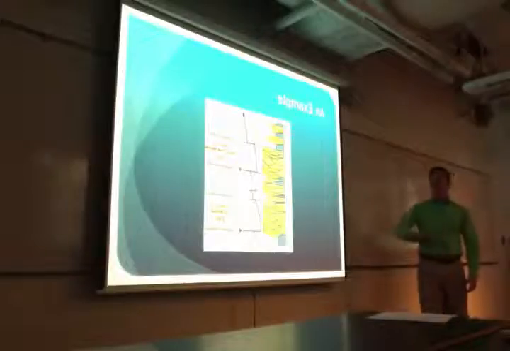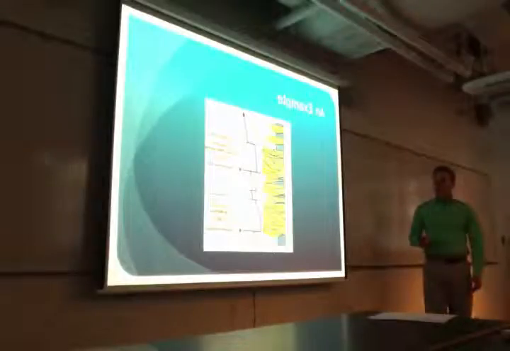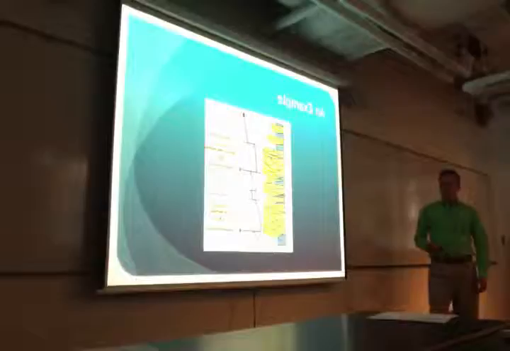So here's an example. We've seen this figure before, but it's a good figure to look at. The red are the low accommodation systems tracts, and the blue are the high accommodation systems tracts. And at the base of each low accommodation, we have a sequence boundary. And at the base of the high accommodation, we have an expansion surface. So you can see how it goes from really sandy to, there's still sand, but a lot more mud, really sandy, little sand, and a lot more mud.